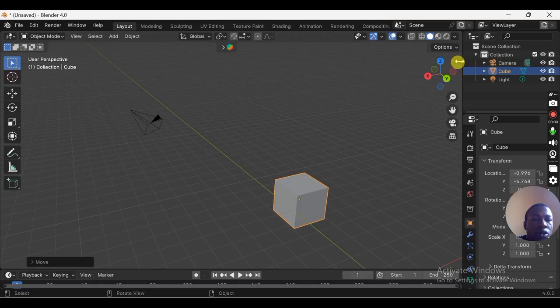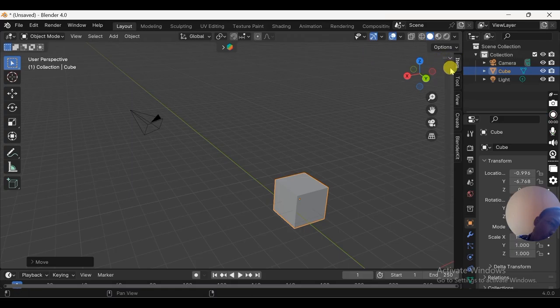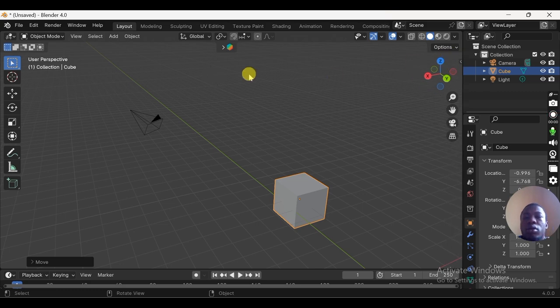So let me show you one more thing here. There's a little icon here. Let's see if I can. Okay, so that's that for now. Let's go to this side. Here now,